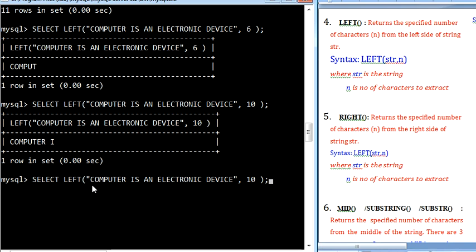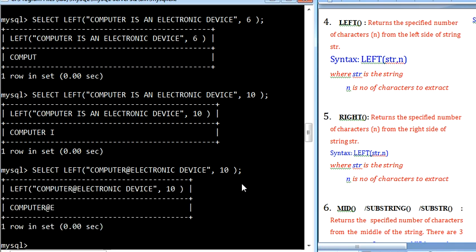Now let us take one more example: "computer@electronic device". Here I want to extract 10 characters, so continuous 10 characters from the left side it will extract and display. I hope the LEFT function is clear to you.